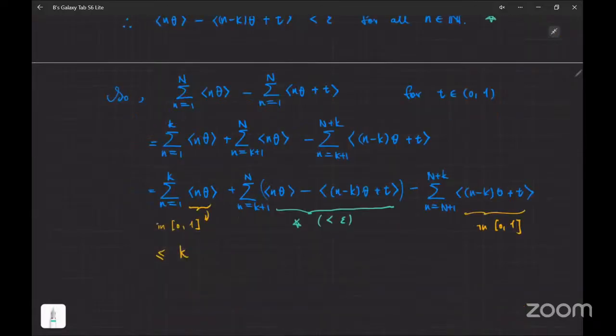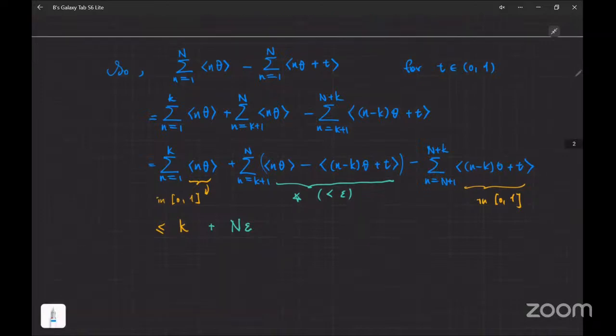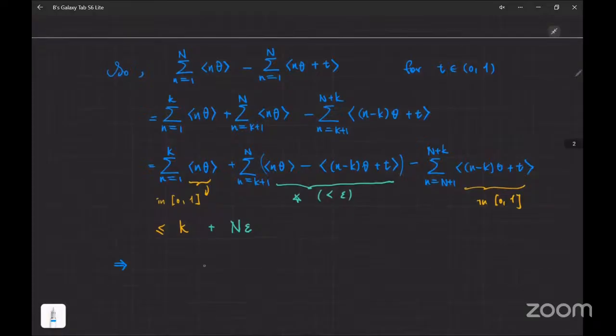Now how many terms is that? Well, that's at most n terms. k is a fixed number, but the sum goes up to n, so this is less than n epsilon. Okay, so now we are cooking. This then means if I were to divide everything by 1 over n,